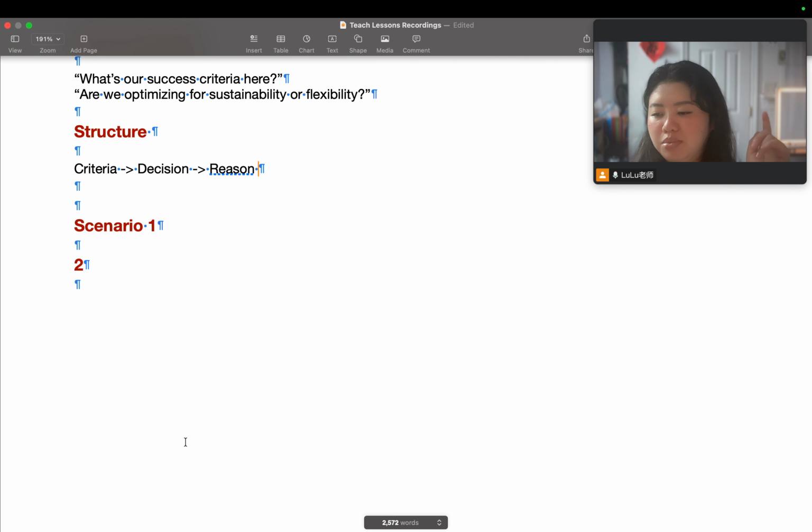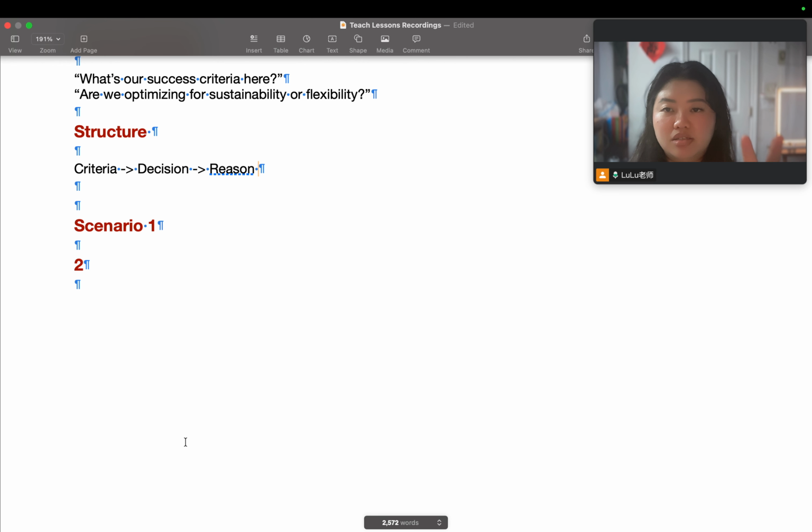So scenario number one, you need to choose between a fast solution and a high quality solution.